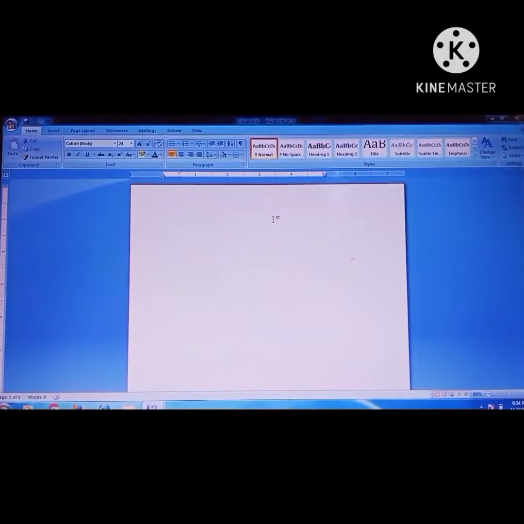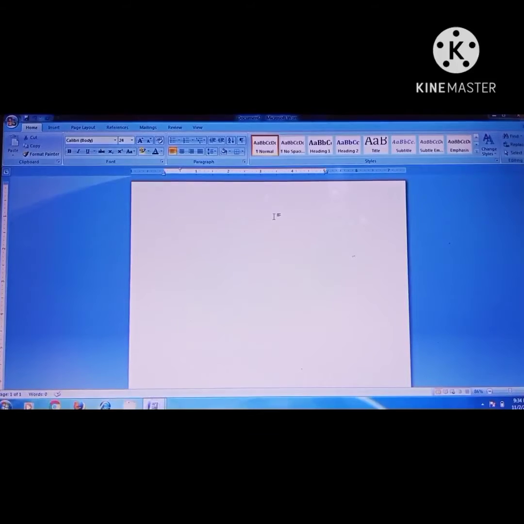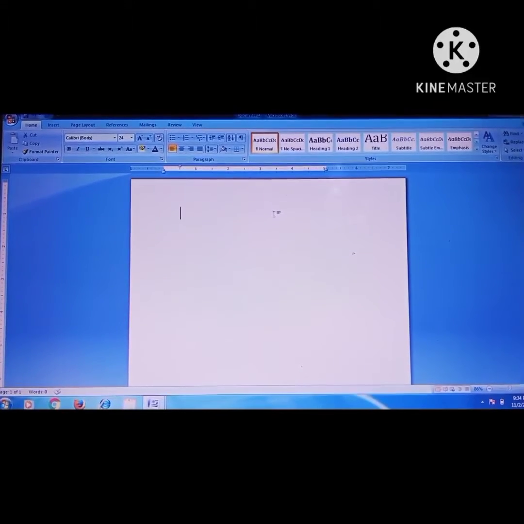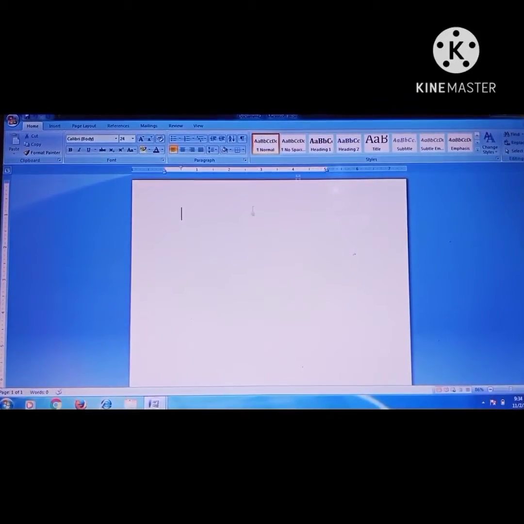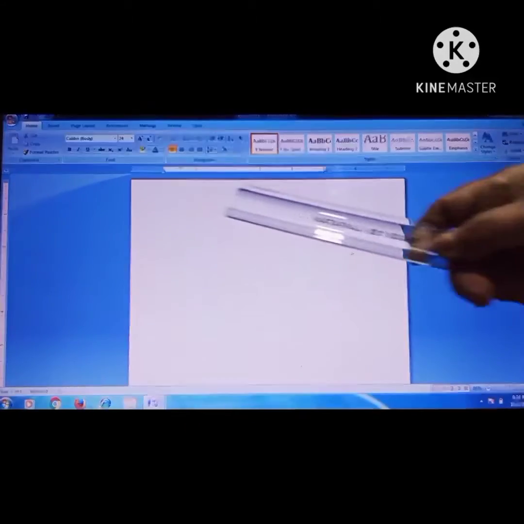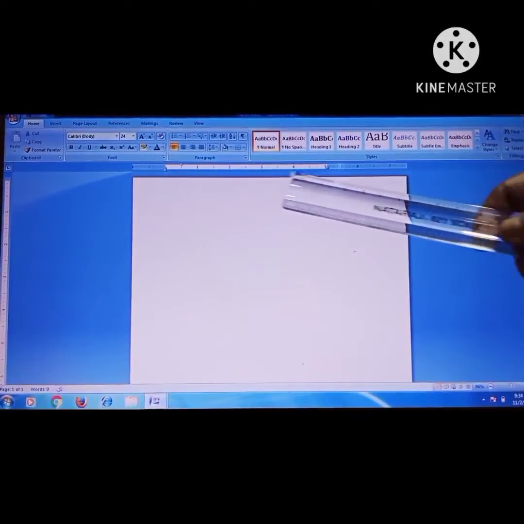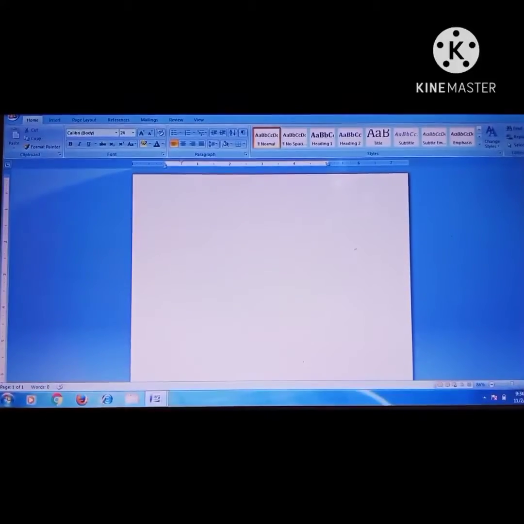Your second topic is typing the text. Now children, you have to type the text. One thing to remember, children: this is your ruler line, and you have to type the text within this line.